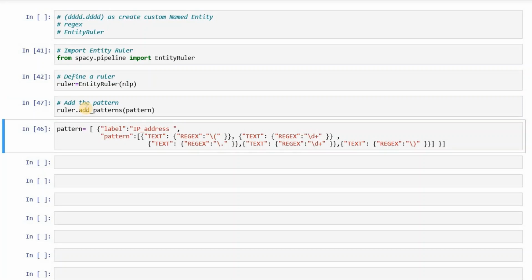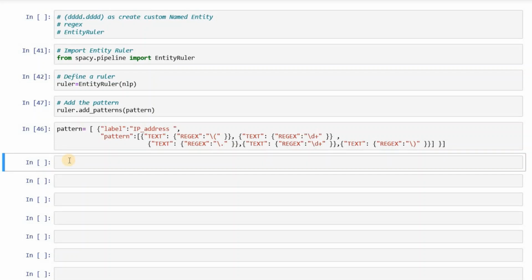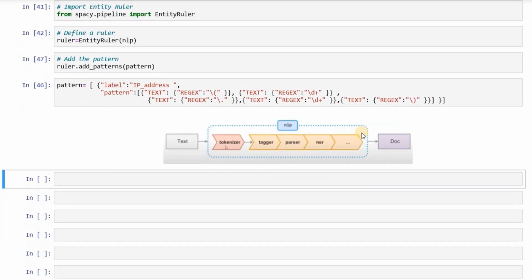But now how to inject this pattern? We would inject this pattern into our NLP's pipeline. Before I add it to the pipeline, I would like to show this, the default pipeline of an NLP, where a text is converted to an NLP doc.